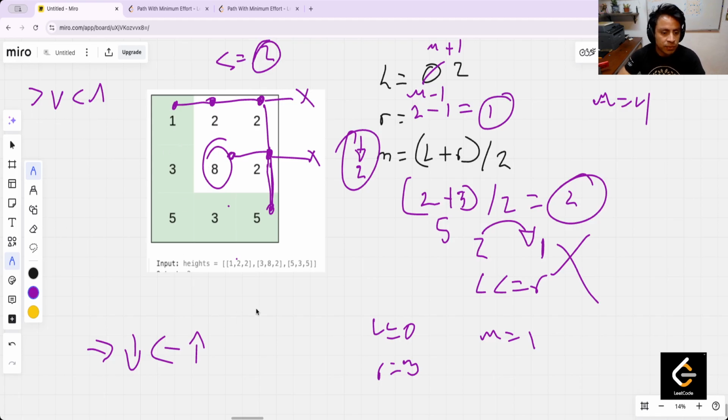Why, for example, if I have one, two, three, four,